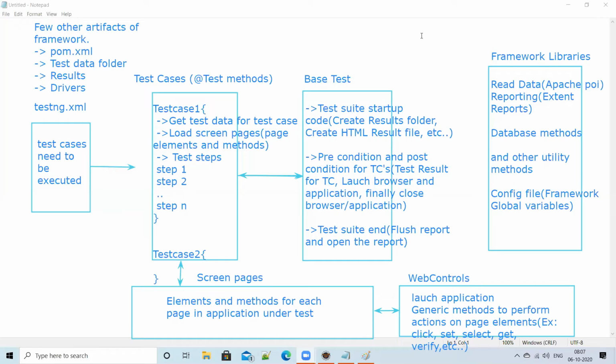And we are using TestNG to execute the test cases. In the testng.xml file, we specify which different test cases need to be executed.